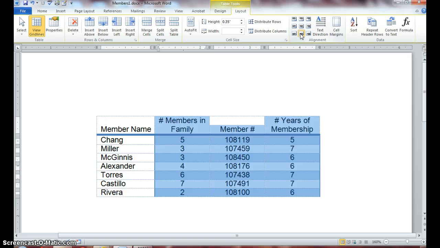Okay, in the last row of the table, which is Riviera, in the second column, select the number 2 and simply change the number to 3. In the last row, in the fourth column, which is right here, select the number 6,